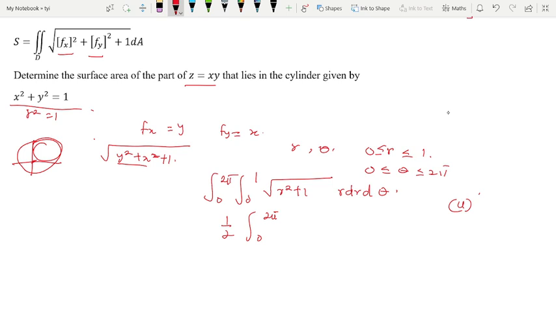I'll bring my 2 over 3 out, and that will cancel to give me 1 over 3, 0 to 2 pi, and I'll have r squared plus 1 to the 3 over 2. When I put in 1, I'm going to have 2 to the power 3 over 2, minus, when I put in 0, I'll have 1, right? Yes. Then when I integrate with respect to theta, I'm going to have 1